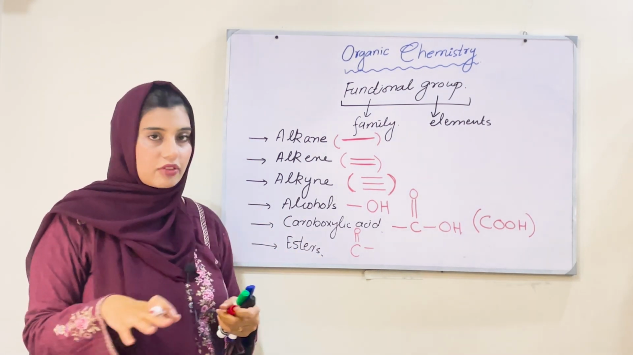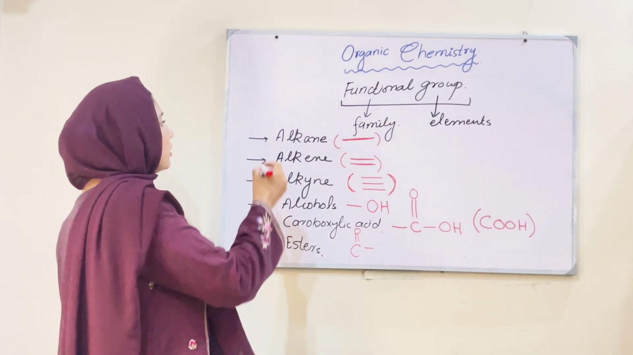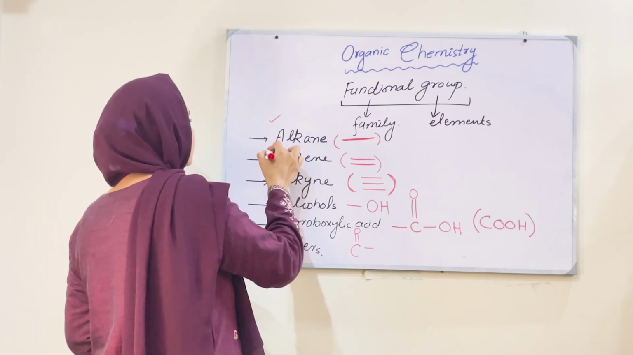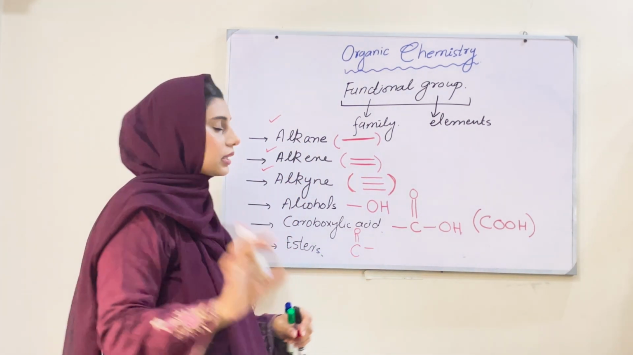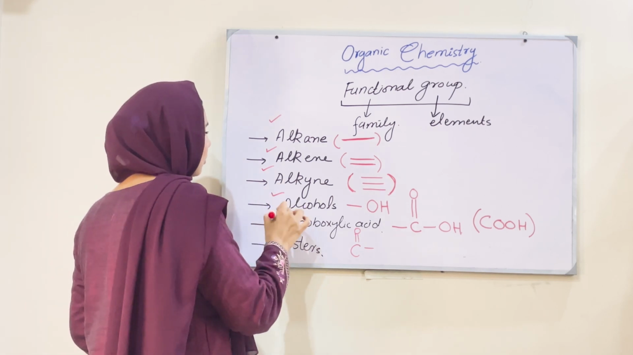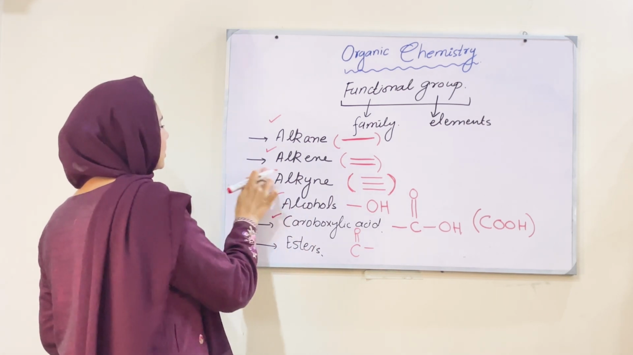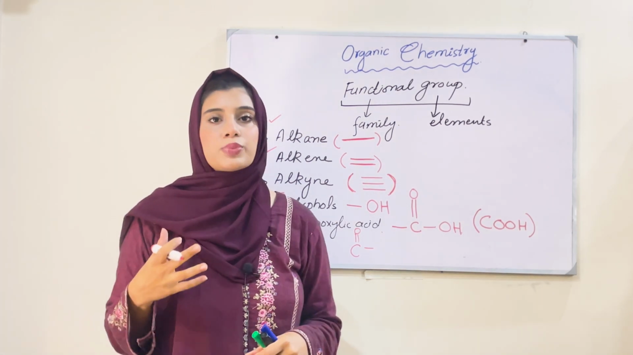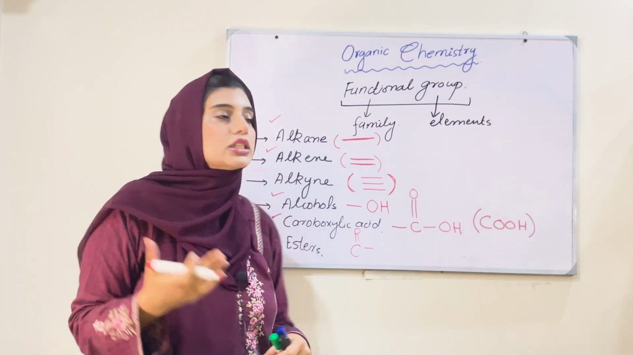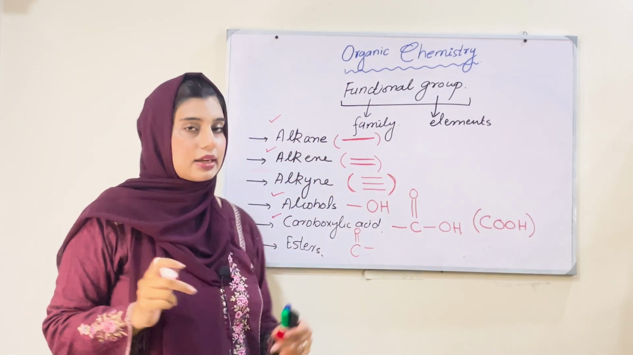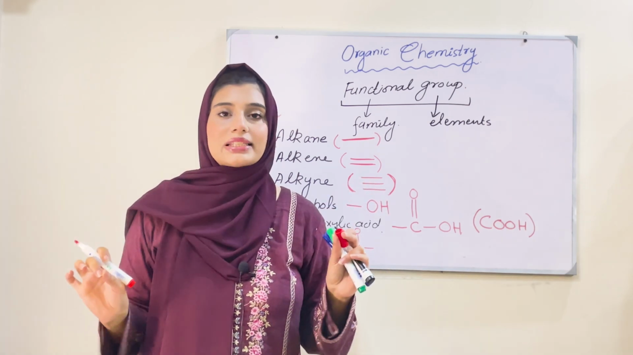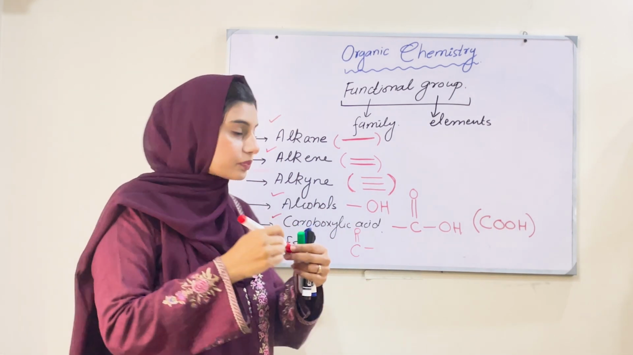So at your level, we will learn about alkane, alkene, a bit about alkyne, then alcohols and carboxylic acid. So basically the things that we will learn in detail are alkanes, alkenes, alcohols and carboxylic acid. I will give you a brief concept about alkyne as well. Okay,